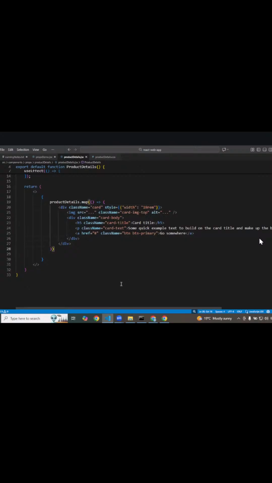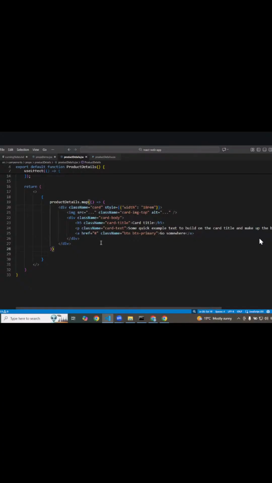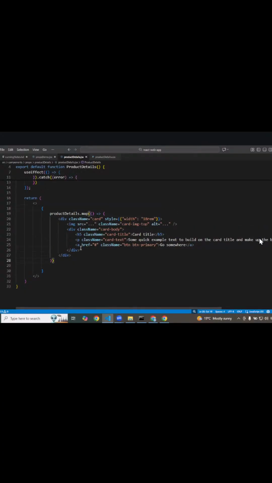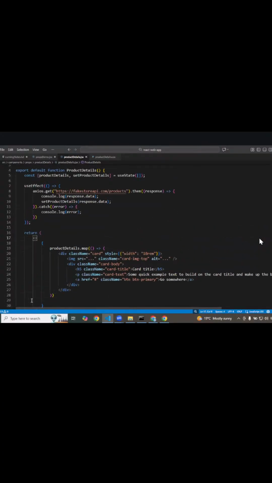Okay, this is what I'm doing. Let us save this, come back and reload. You see, this is how the cards are getting rendered. I still have to make them better in look and feel. Before that, first of all, what I have to do is